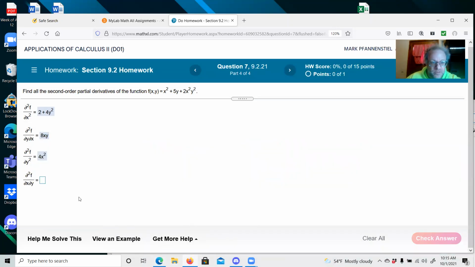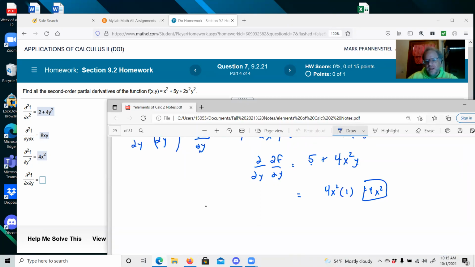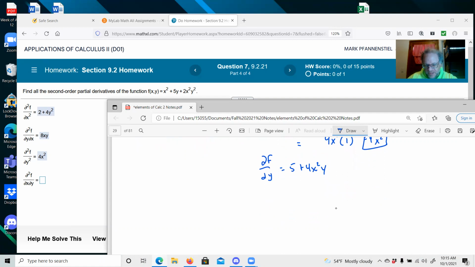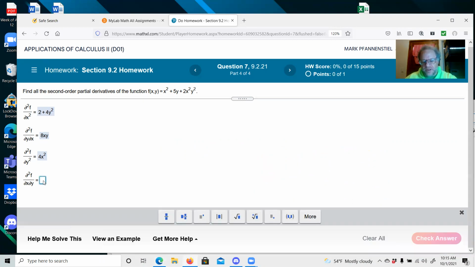Oh, and they want one more, which is going to be the same thing, but let's just double check it for the sake of consistency here. We want to take this derivative. This is my df by dy, which was equal to 5 plus 4x squared y. And now what we want to do is take this derivative here with respect to x. Okay, so it's still a second derivative, but it's going to be with respect to x now. So there's going to be 8xy. And what do you know? That's exactly what we got up there. Of course, it's going to be because